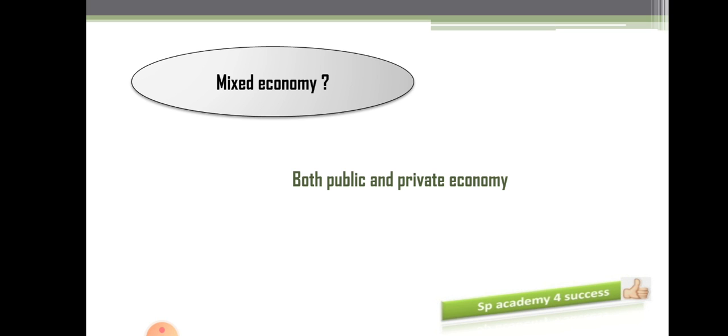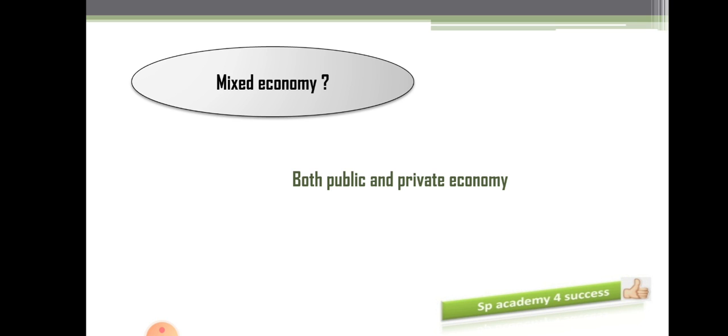So what is democratic socialism? The government has to maintain everything. When the government is maintaining, then only the equal distribution will take place. But here in India, we have a mixed economy where we have the private companies also. So it is not possible to have democratic socialism in India. Now, the first point we are saying is that we follow socialism in India. That's the reason why we have added this word socialism in the preamble. And now we are saying that it is not possible to maintain democratic socialism in India.